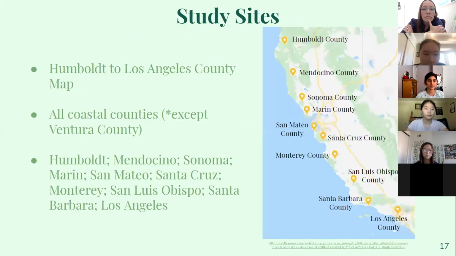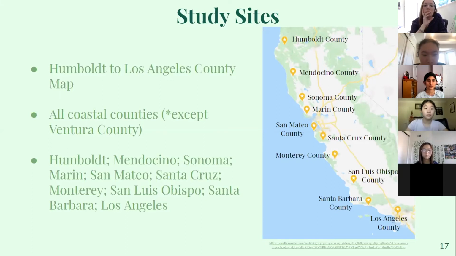On the right is a map of all the study sites that we gathered leaf samples from. They include all the coastal counties from Humboldt to Los Angeles, excluding Ventura County. The entire range is approximately 1,200 kilometers, and we sampled between coastal grasslands and prairies, coastal sage scrub, and coastal dunes. There were a total of 34 study sites, which we obtained from a total of 10 different